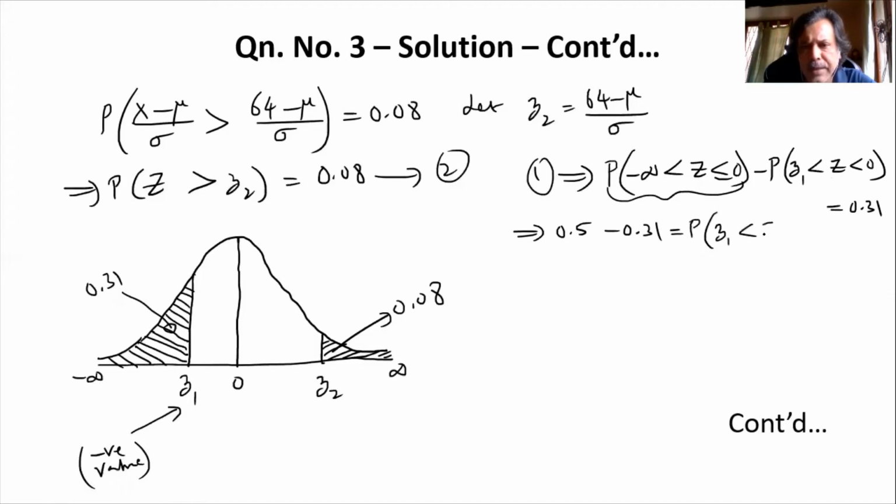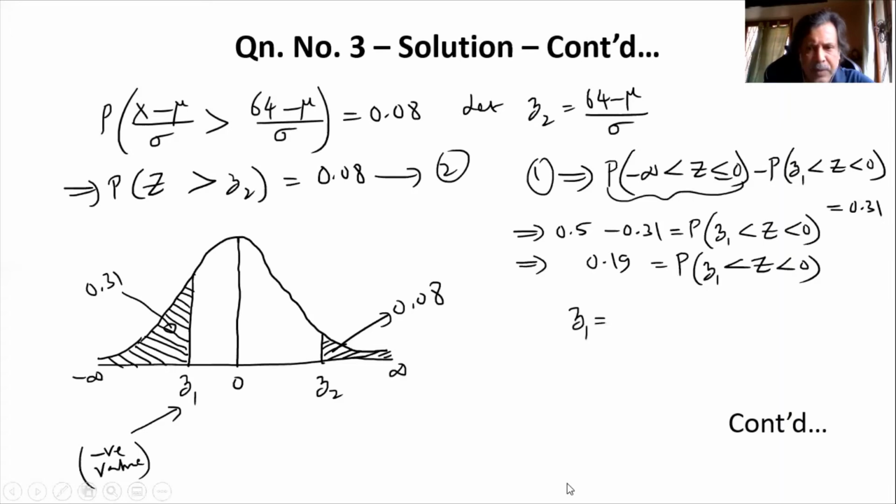Probability of Z1 less than Z less than 0. And this side it becomes 0.19 is equal to probability of Z1 less than Z less than 0. So from tables, we can identify what is the Z1 value. Z1, we know it is negative. I wrote here. So whatever may be the value we are going to obtain from the tables, if I refer to tables for finding out what is the Z value for 0.19, we can be able to identify that